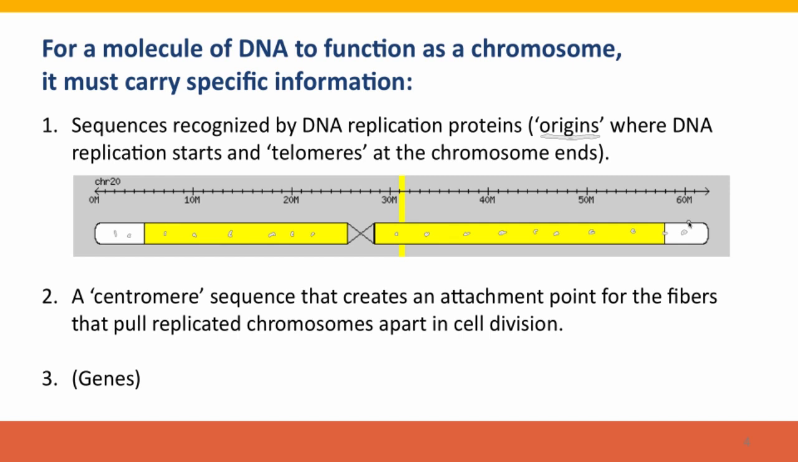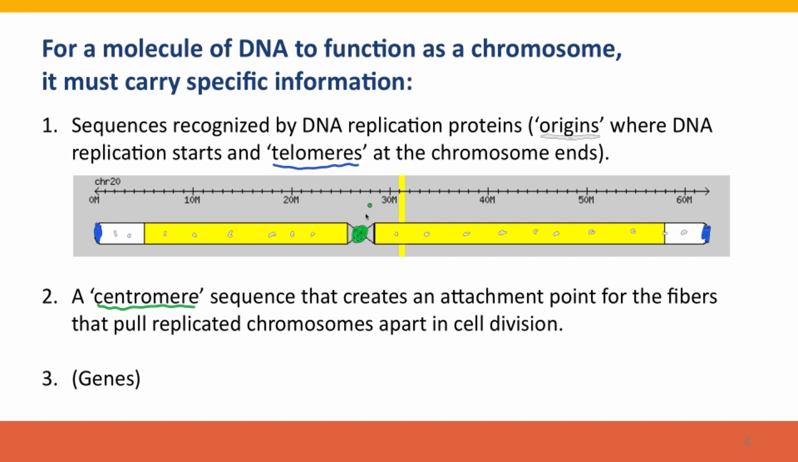Chromosomes also need special sequences for where DNA replication ends. At the ends of the chromosomes, there are special sequences called telomeres. And these sequences exist because the ends of DNA molecules are harder to replicate than the internal parts of DNA molecules. Chromosomes also have to have special attachment point sequences called centromeres, one to each chromosome, located at a particular